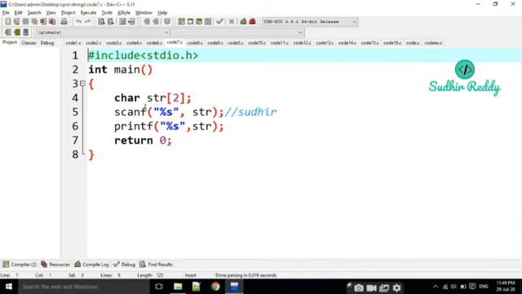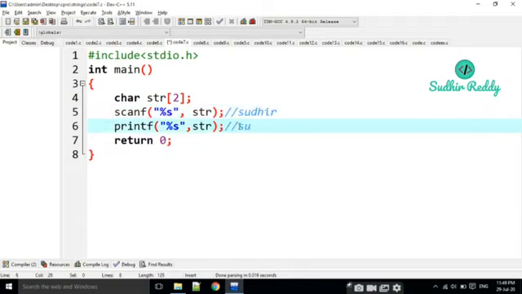Yes. Str of 2. How many characters is it going to store? Only 2 characters it is going to store. But the input is, for example, Sudhir. Then what is the output here? We think that it is going to output like this. But in the C programming language there is no boundary checking here. We are assigning the values, and it automatically takes all the values.